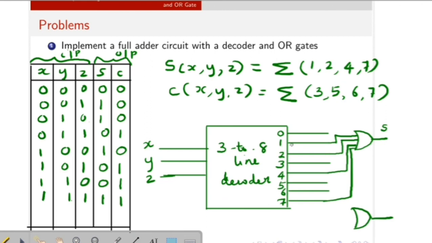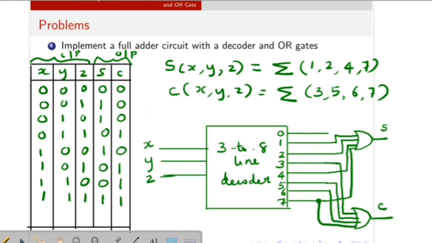The inputs of this OR gate are 3, 5, 6 and 7. This is carry.